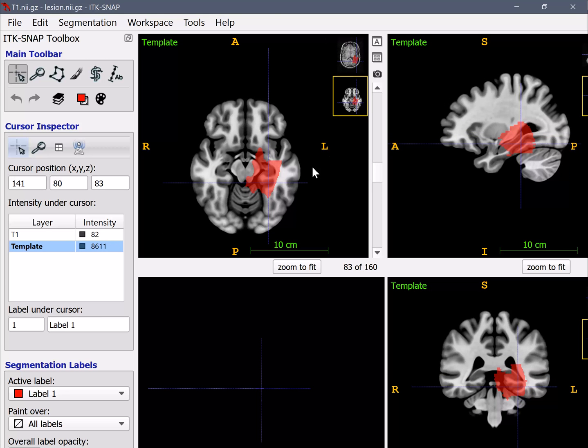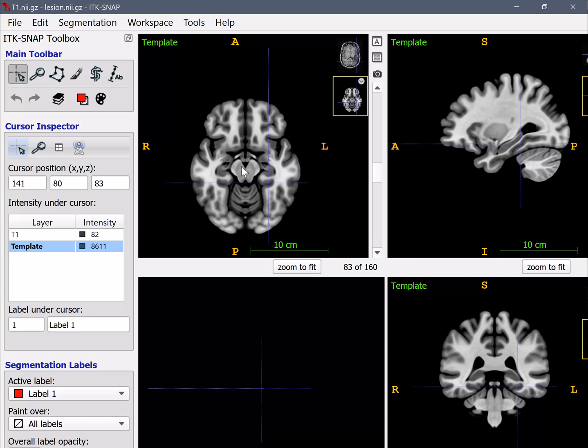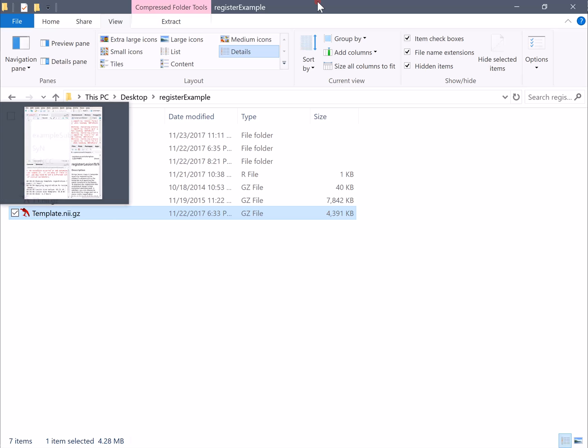So what we need to do is bring this lesion mask file into this template space, and to do that we will register the anatomical image of the subject to this template space. That is done in LESYMAP with a single command. Now let's close this, and I'll open